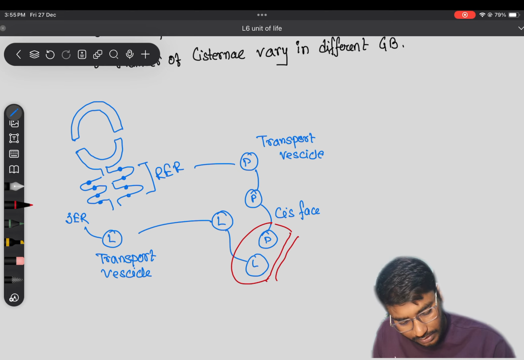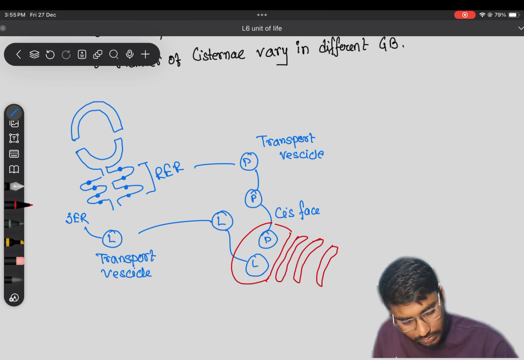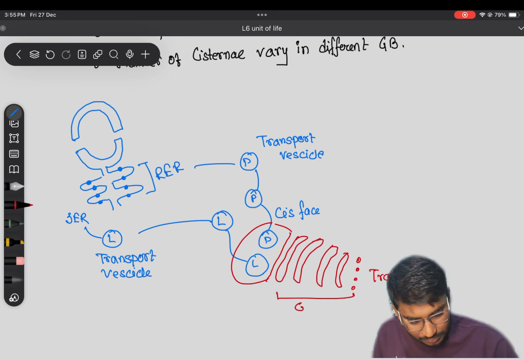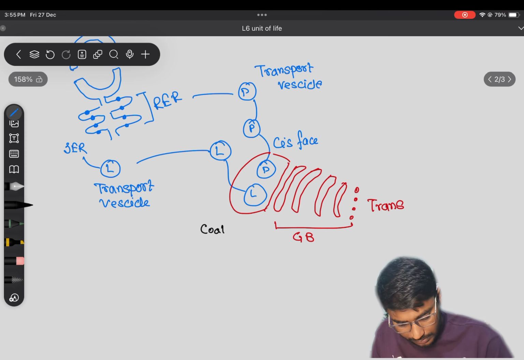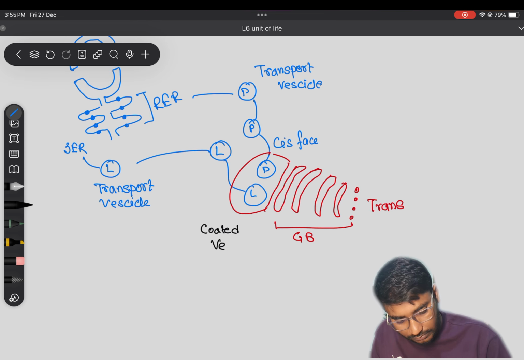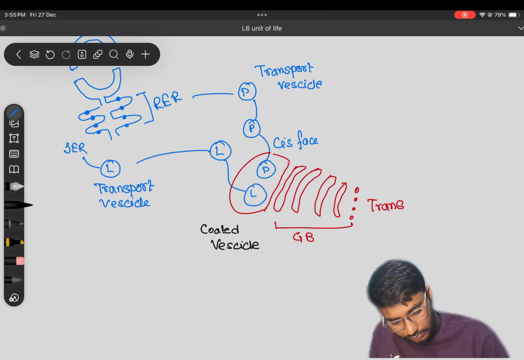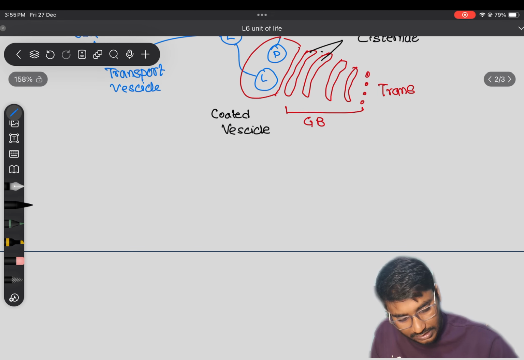This lipid and the protein form cisternae. The lipid and the protein form, these are the trans phase Golgi bodies. Okay, coated vesicle, cisternae,